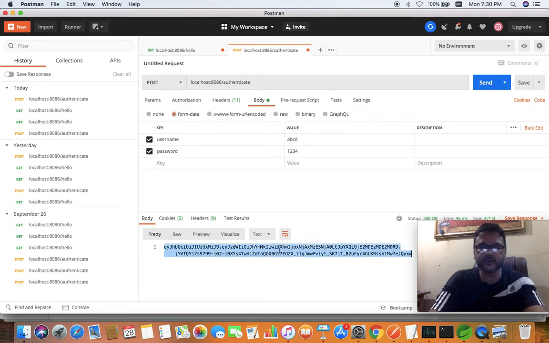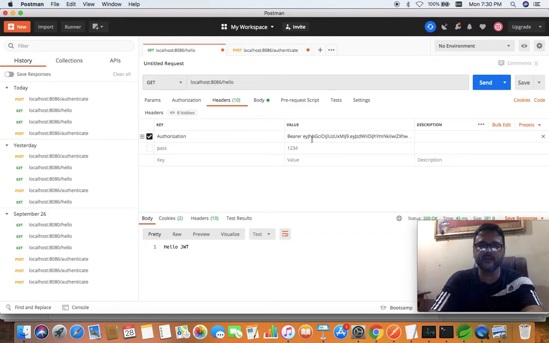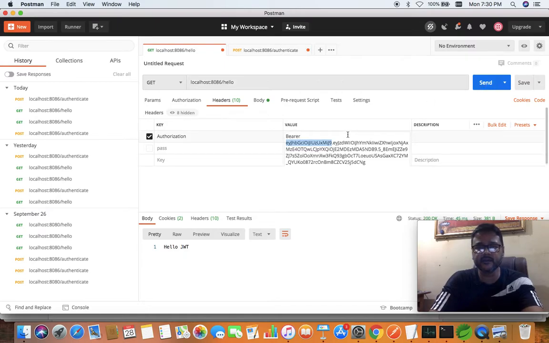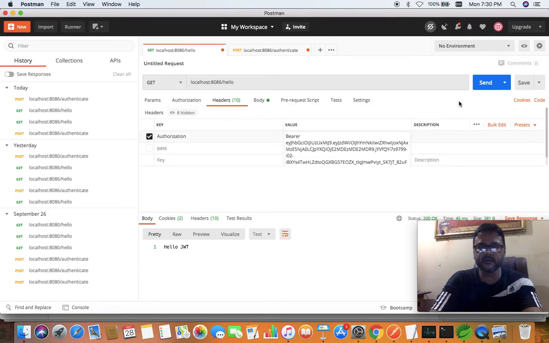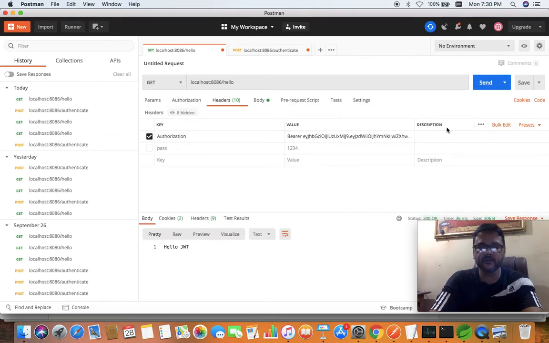We need to copy this and give it to the second endpoint, which is hello. So again, localhost:8086/hello. When we send it with Bearer as the prefix, we put this JWT as the value. Then when we send it again, we should get the output as hello JWT.